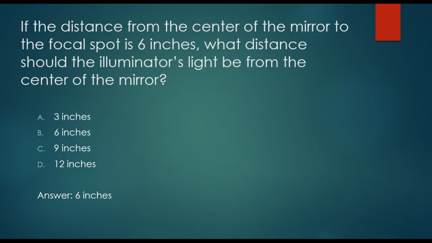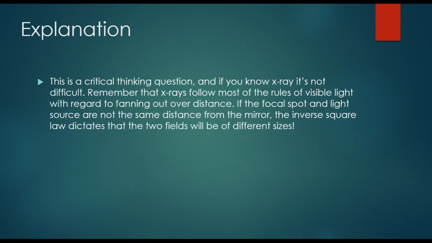Okay, well, it turns out the answer is 6 inches. And this totally makes sense when you think about it. This is a critical thinking kind of a question. I don't remember actually reading this in any textbook, but I can kind of figure it out if I think about what's going on. You just have to remember that the geometry of the light and the X-ray beam are virtually identical. Even though light can't pass through material and X-ray can, and light can be reflected and X-rays cannot, other properties they hold in common, including the inverse square law. The farther you get from a light source, the dimmer it is. It works exactly the same way. So a lot of the rules regarding how these beams fan out are identical. So you've got to set it up so that the geometry of your X-ray beam and that of your light field are as close to identical as possible,